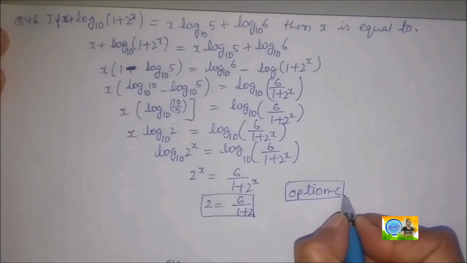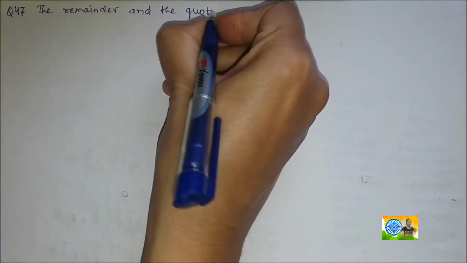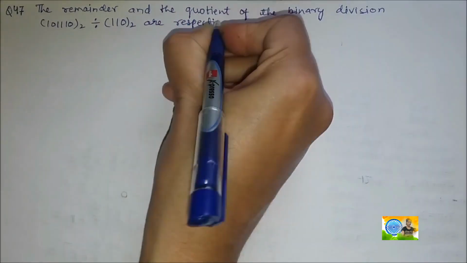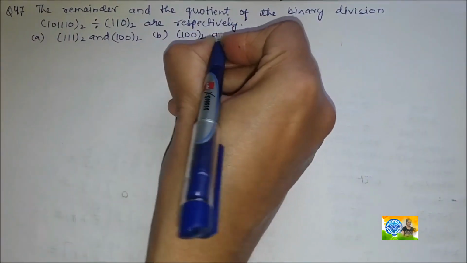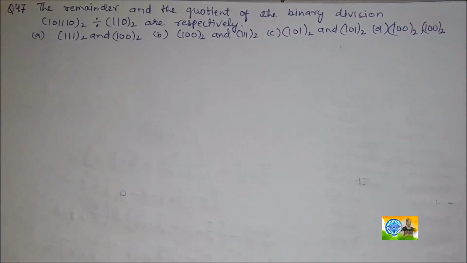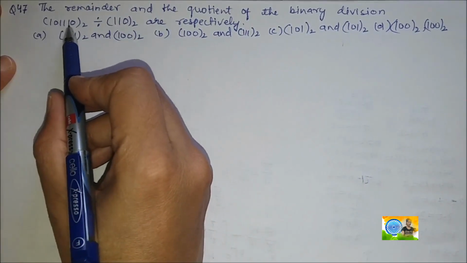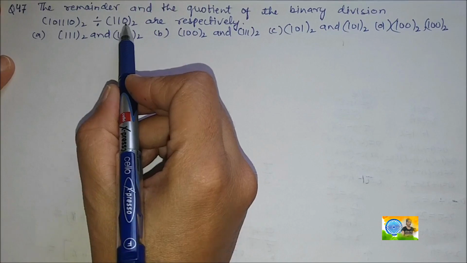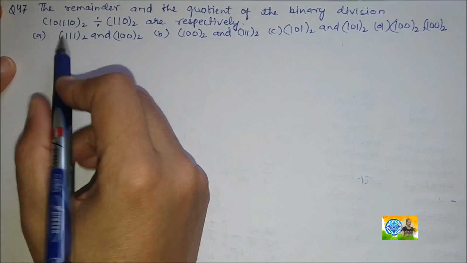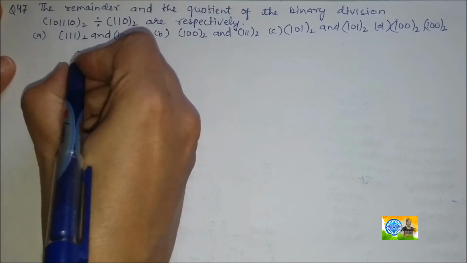Let us now see question number 47. The remainder and the quotient of binary division 101110 divided by 110 are respectively. These are the options. To solve this question, we will convert this binary number into the decimal number. So let us do that. The number is